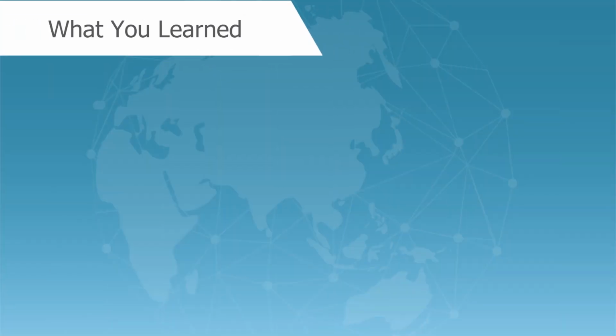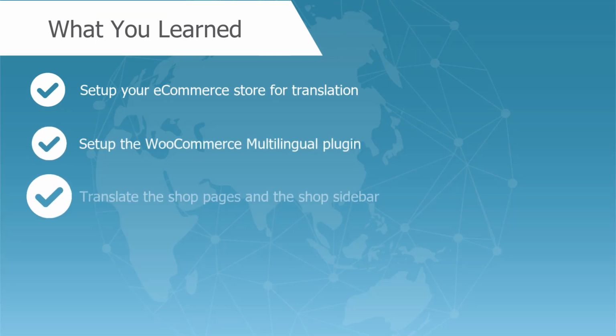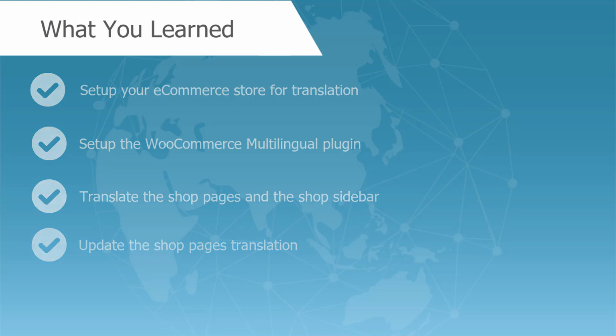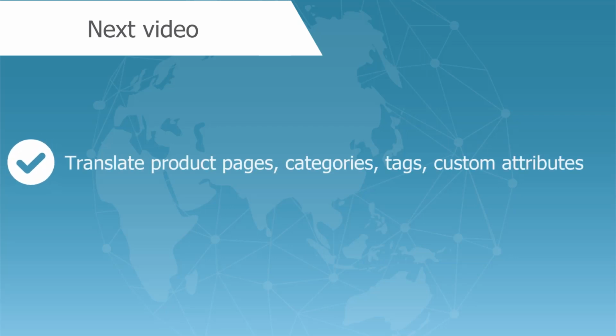With that, we learned together how to install and activate the required plugins to run our WooCommerce store, set up the WooCommerce Multilingual plugin, and translate the shop pages, including translating the shop sidebar widgets and updating the translation of the WooCommerce texts that come from the PO files. In the next video, we will go over the process of translating the product pages along with their categories, tags,